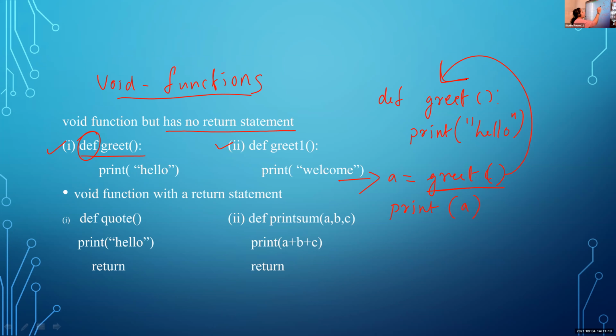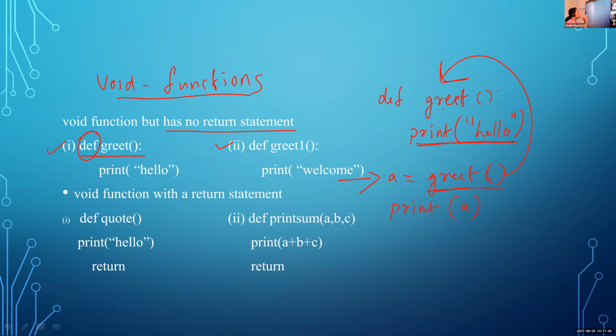Then after entering the function definition, it will execute the statement inside this function definition. Which is the statement? It is print hello. Okay. There is no value returned here. I will explain that value. Before that, it is only a single statement. There is no return statement.